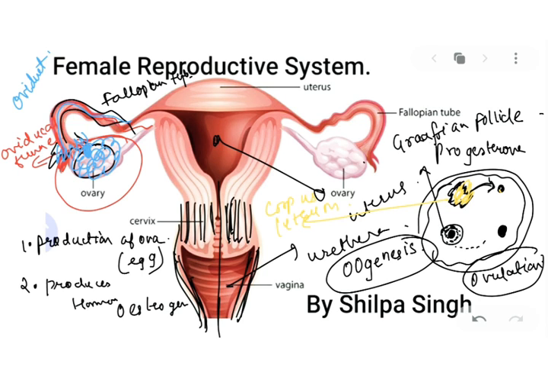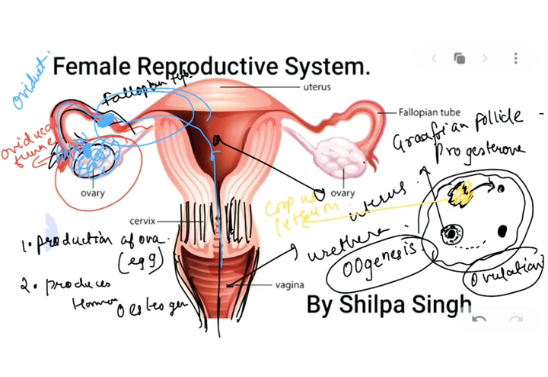Now after the egg has reached the fallopian tube, it will stay here for a while, and in case the fertilization process happens, if the sperm has entered this female reproductive system, then the fertilization will start taking place. What is fertilization? It's a fusion of male sperm with the female ova, right? तो अगर egg fallopian tube में है और sperm वहाँ तक पहुँच रहा है और sperm react कर रहा है, तो there will be fertilization process taking place there.